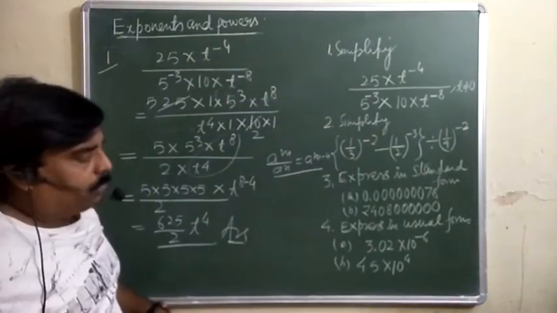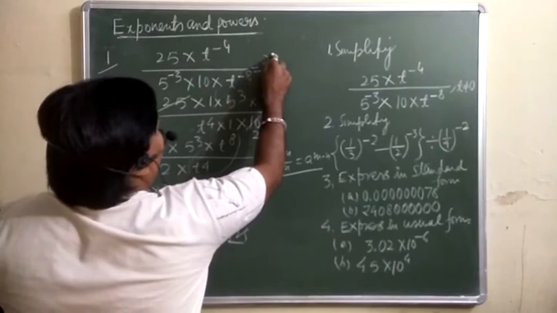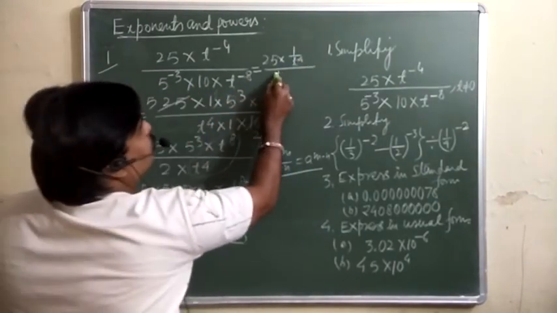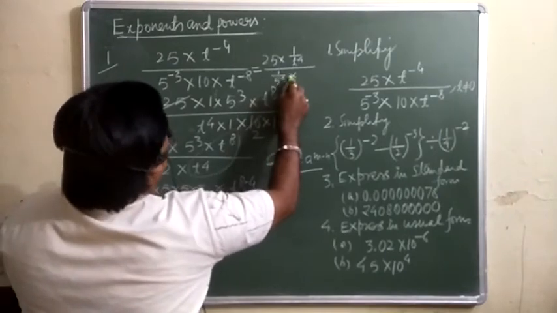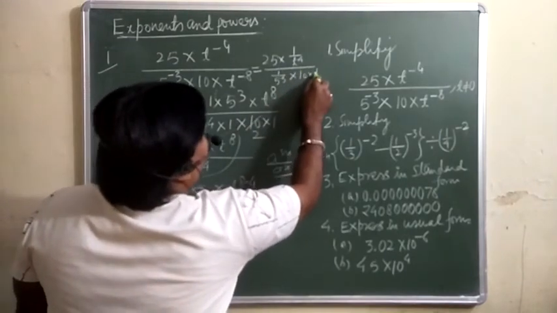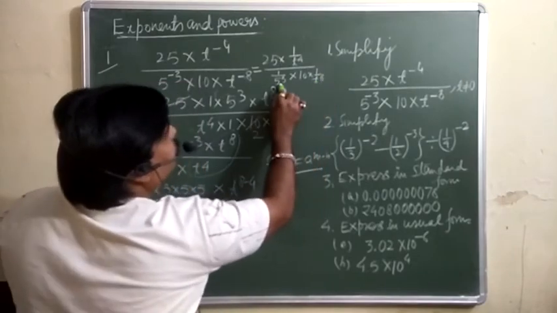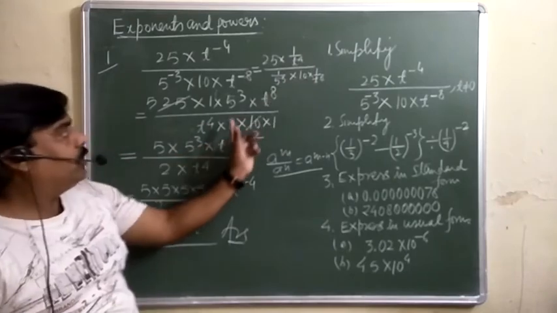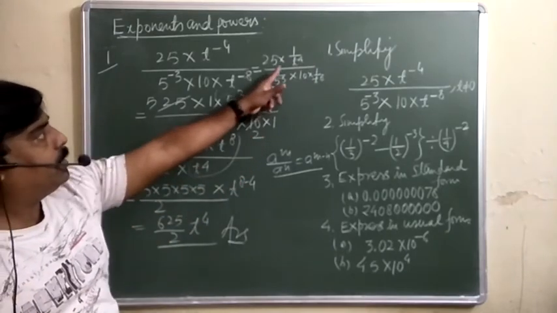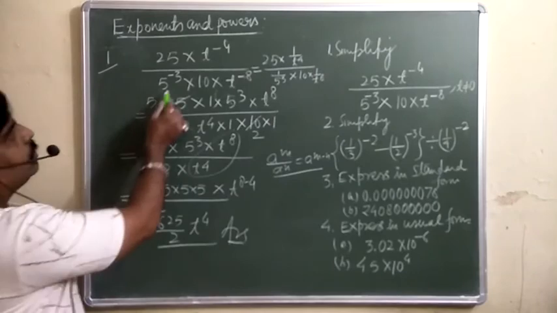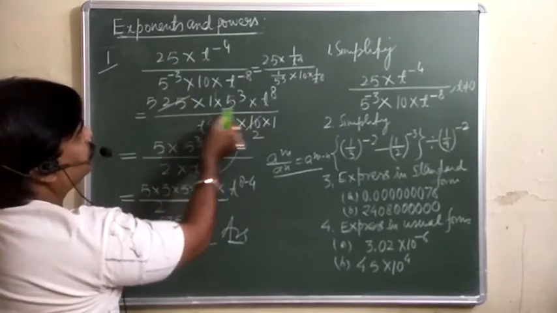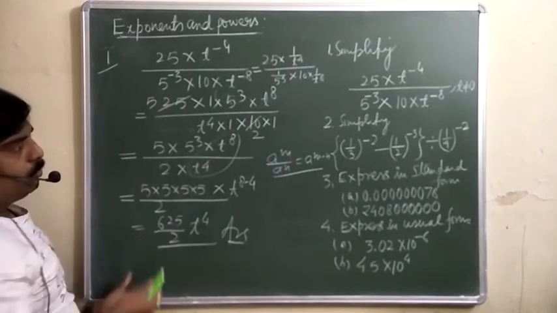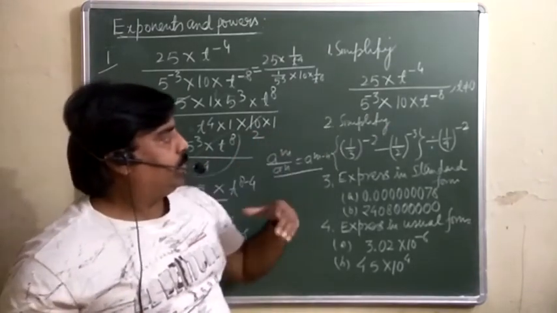इसको चाहो तो एक लाइन यहाँ लिख सकते हैं. Look at here, इसको हम ले सकते हैं 25 into 1 over t raised to power 4 whole over 1 over 5 raised to power 3 into 10 into 1 over t raised to power 8. So the 5 raised to power 3 and t raised to power 8 will go in the numerator and t raised to power 4 denominator में आएगा. तो देखिए 5 raised to power 3 numerator में, t raised to power 4 denominator में आ गया. Now you have to solve 25 into this, 5 5 जा, 5 2 जा cancel, you will get this. So this is your first part. Have a look.